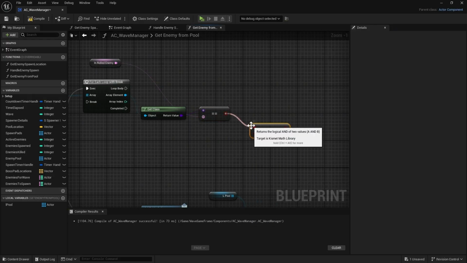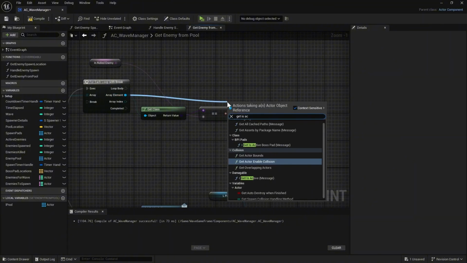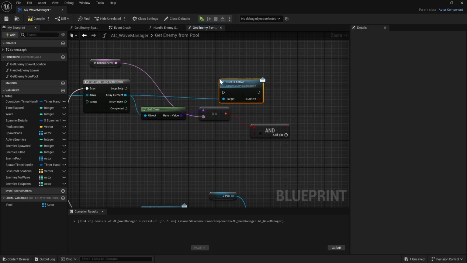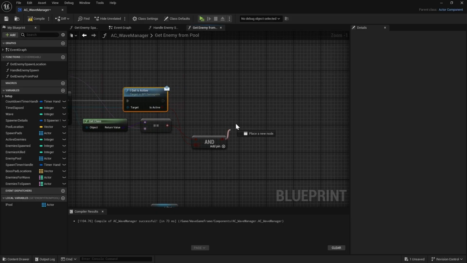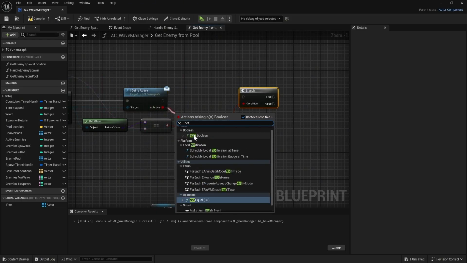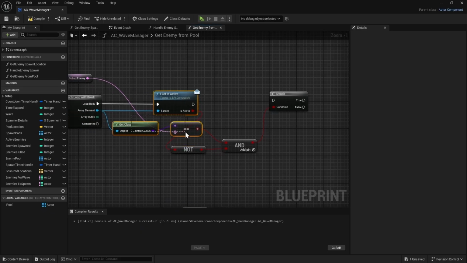So we're going to say and here, because we need to check another value. And that value is going to be the array element's get is active. Because just like on the bottom, we don't want to be telling an active enemy that it needs to activate. It's already active. We're just going to break our game that way. So if the enemy is not active, plug the not in instead of the actual value. If the enemy is not active and it is equal in class to the rolled enemy, then we have found